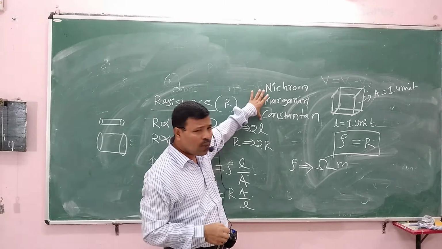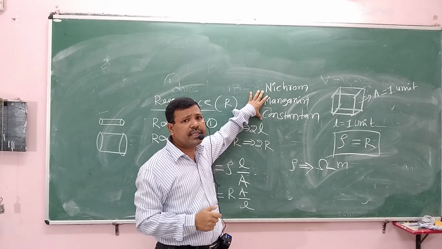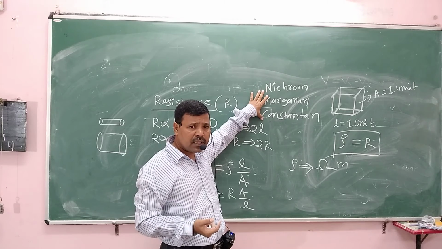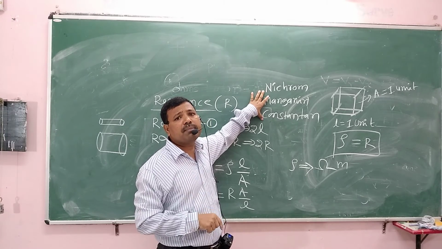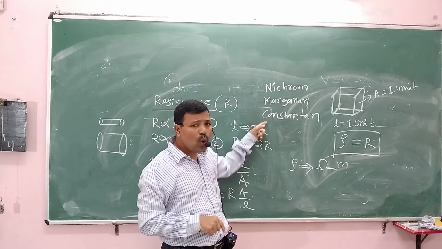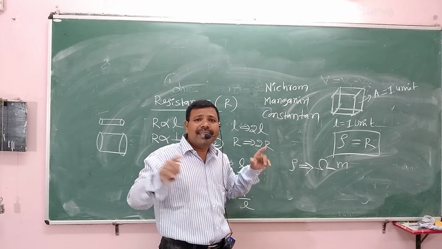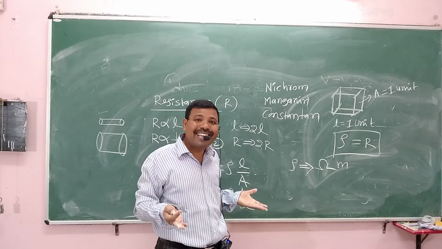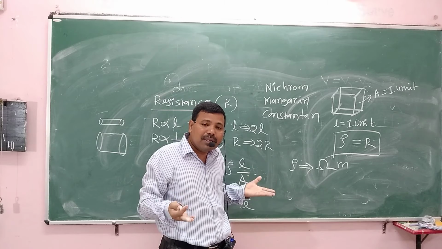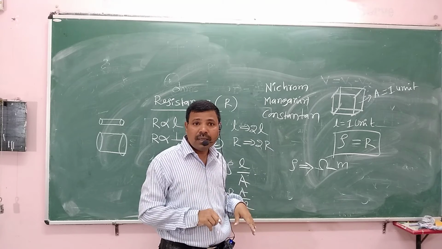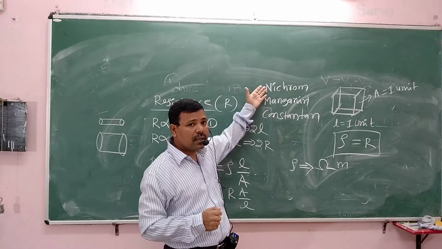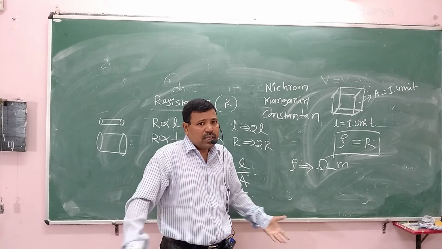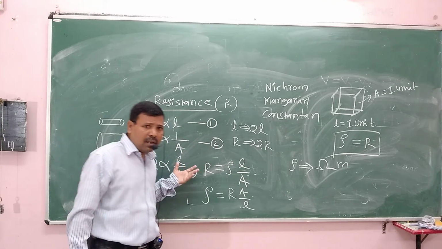Okay, these are alloys. They are used as heating filaments, heating elements, because their resistivity is more than the resistivity of the conductor. They do not oxidize at high temperature because the resistivity is more than the resistivity of the conductor. Therefore, they are preferred in making heating filaments. So this completes about resistivity.